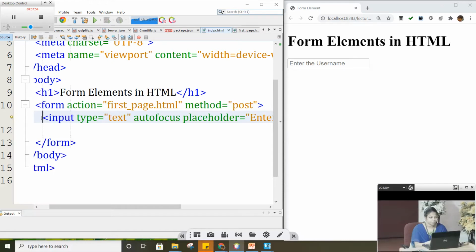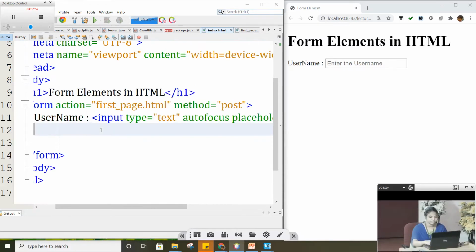So let us have the username here, for a good look. And the next thing is, I'm going to use a break tag. Otherwise, it will be displayed as flow controls, one after the other. I'm going to display every element one after the other on the next line, so I'm going to use the BR tag. Otherwise, we can use a table layout to keep all my form elements for a good look. But not to mix table and form elements, I'm just going to use the BR tag, the break tag.